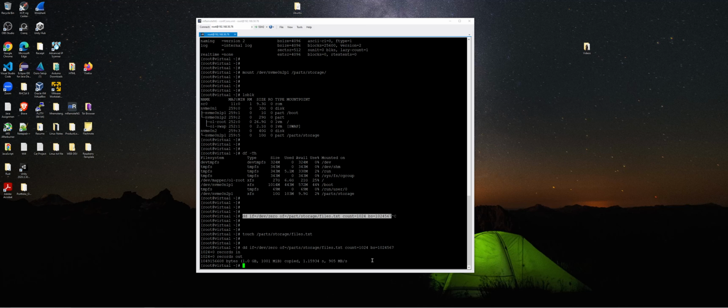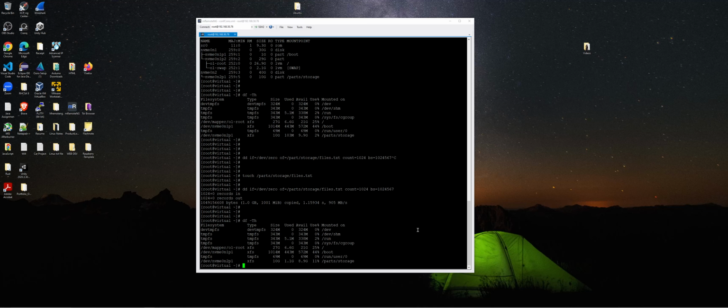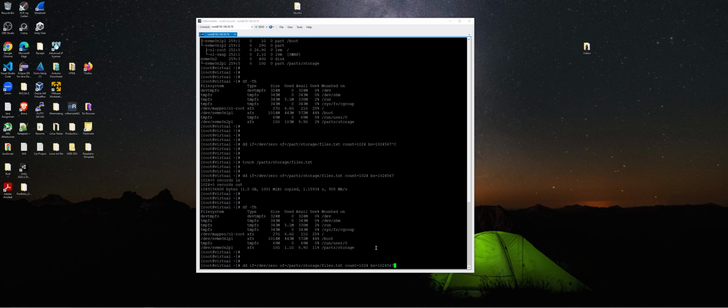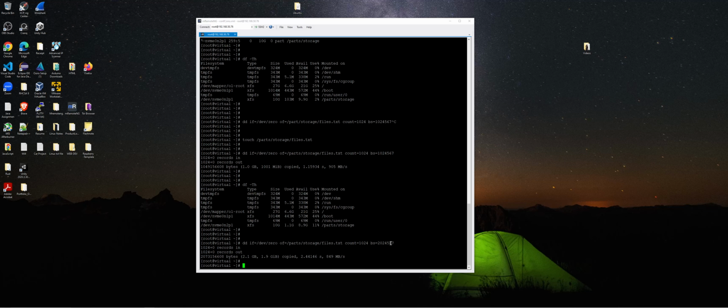So now we have allocated 1 GB to our partition. Now we should have 8.9 in total. df -th. Now you can see that we have 8.9 G available. So we just put an empty file that was 1 GB of size. Now if I wanted to do 2 GB, I can simply put in 2 there, and that should allocate